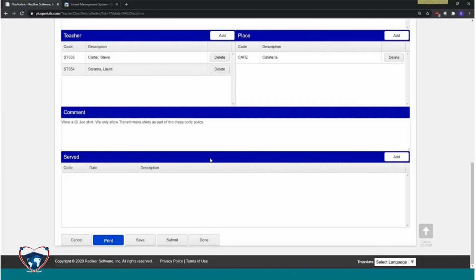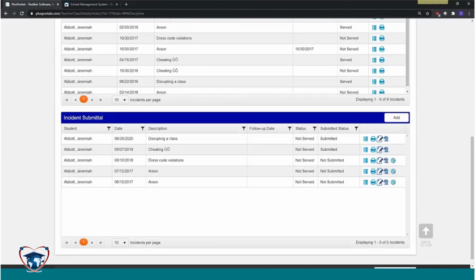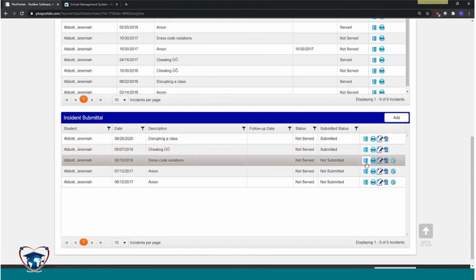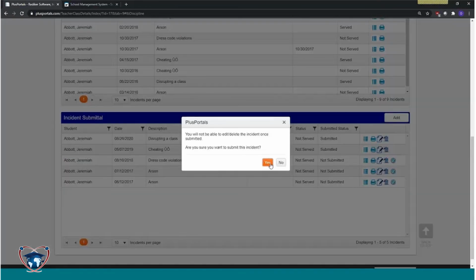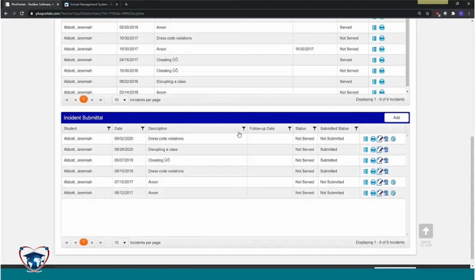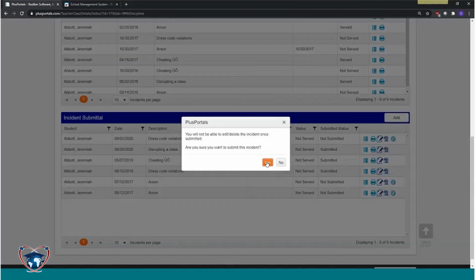I'm going to say no here for just a second, just so that you can see where I'm going to click done and add it here on the bottom. I'm seeing it listed. I can decide whether I'm viewing that. I can go back in and edit that. I can delete it. Or if I want to actually submit an incident, then I just click on this icon here and submit. And now, once I submit it to the office, actually this is the one I just posted. It hadn't popped up yet. But I see it listed here, and once I submit that, that's what sends it to